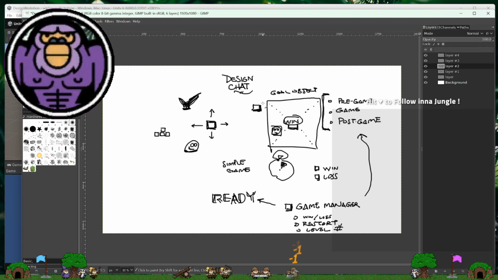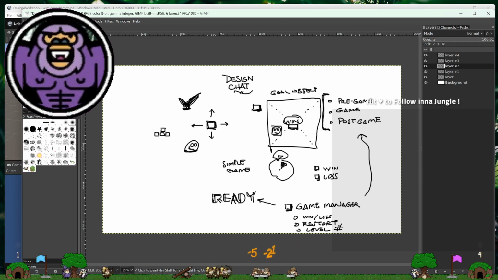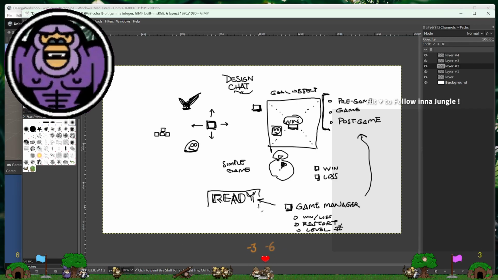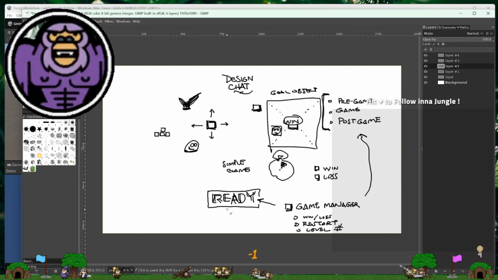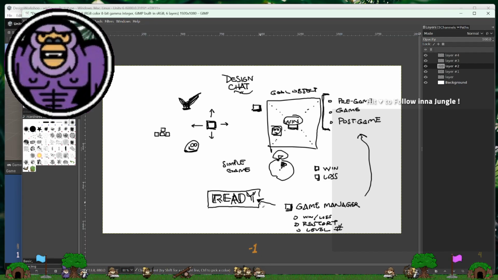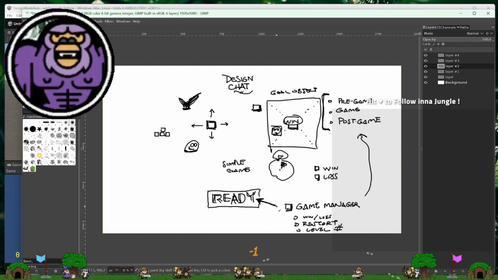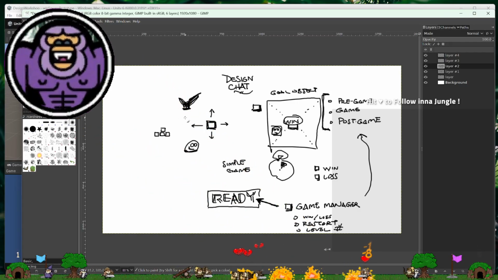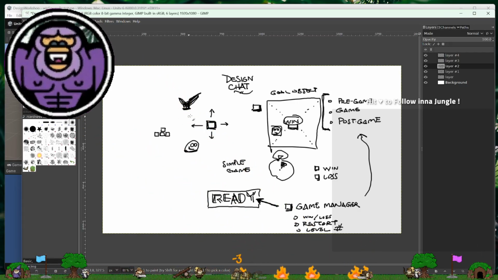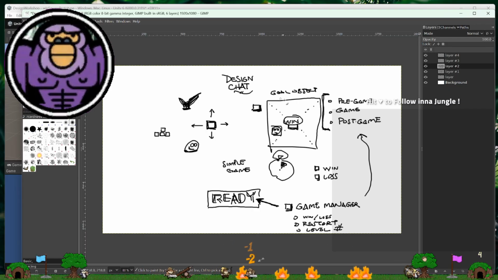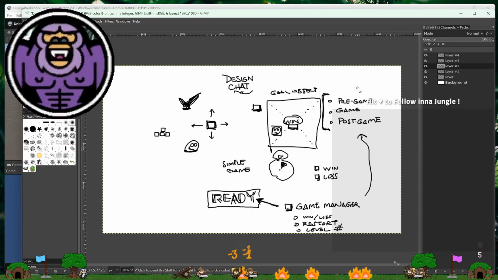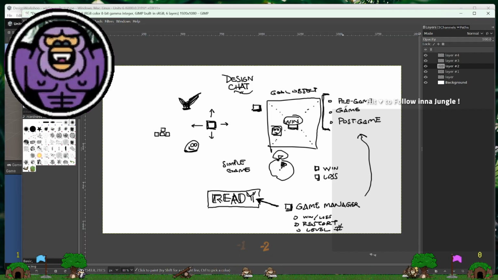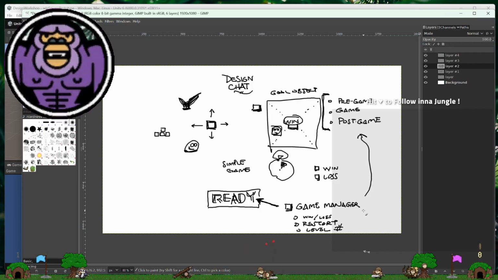That'd be good. But we've already come up with a couple of things that maybe are extra and maybe should be handled by another tool, if for no other reason than to just keep it simple. Like, this is already done because it was separate. It wasn't trying to do too many things. This already feels like maybe it's trying to do too many things, and so we might move this pre-game and game and post-game to something else, and that's fine.